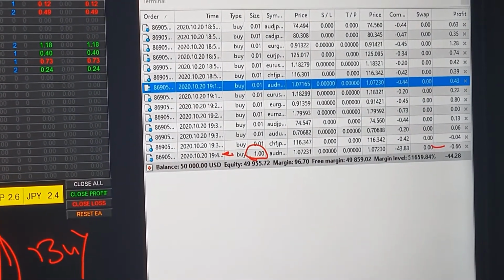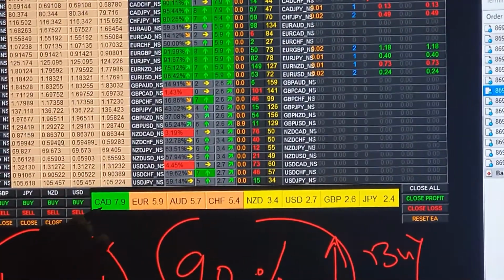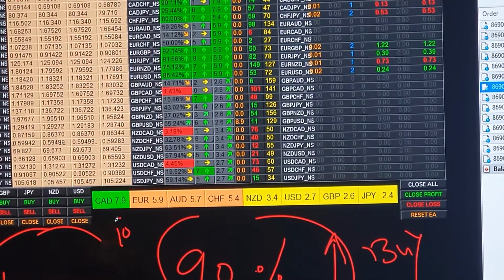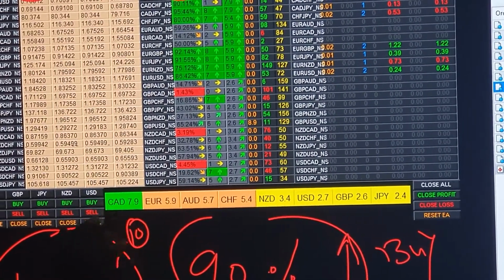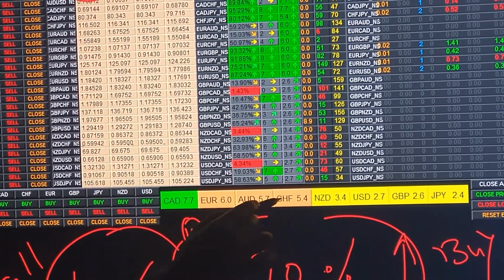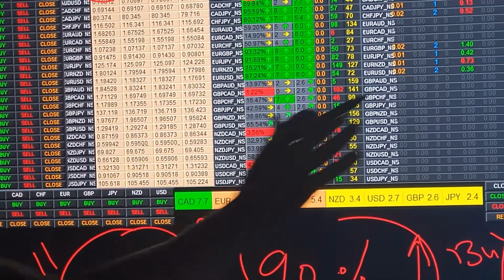Now these are the individual strength meters. CAD is 7.9 strong, Euro is 5.9. This is on a 10-point basis. So out of 10 points, CAD is 7.9, Euro is 6.0, AUD is 5.7, CHF 5.4. Based on the individual currencies, it will select the pair.